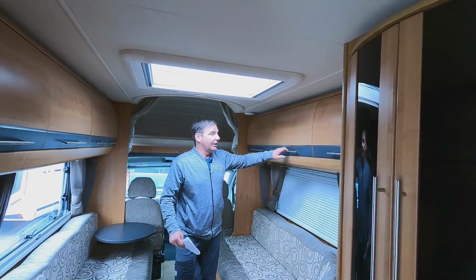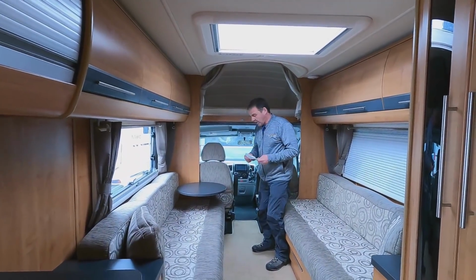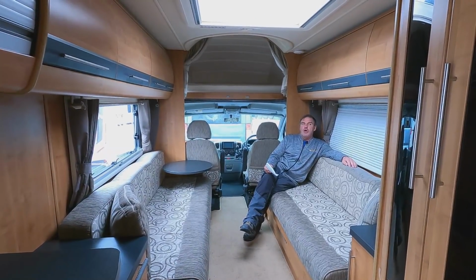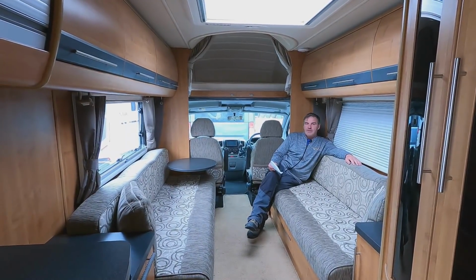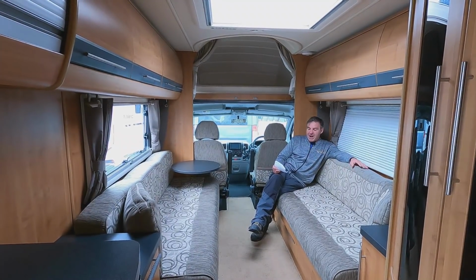Typical AutoTrail, good quality, plenty of storage in. So let's have a look at what we've got with the AutoTrail. So what do you think they were brand new? Have you had a guess? So brand new, they were starting from round about the